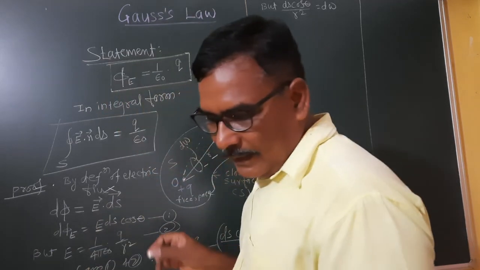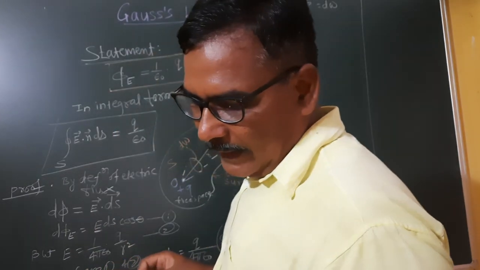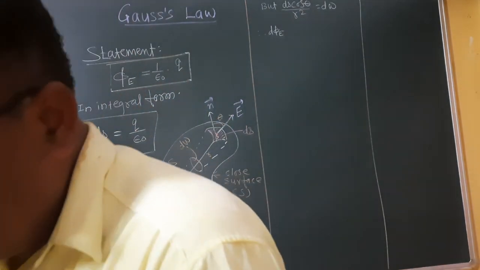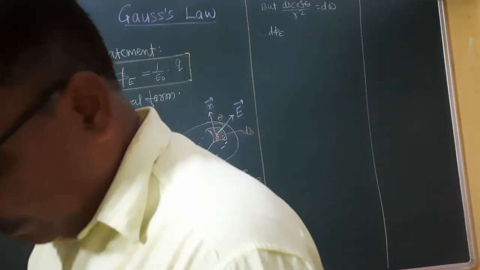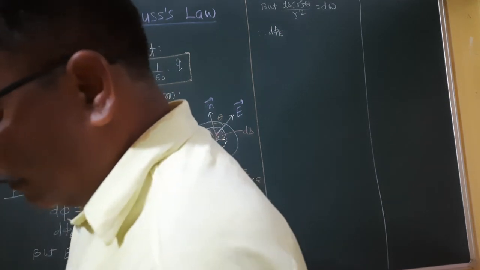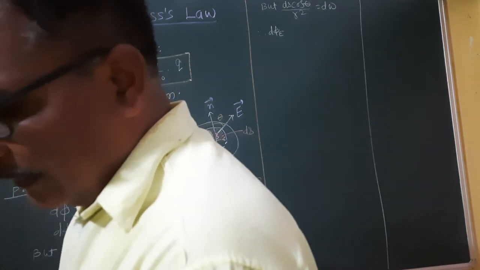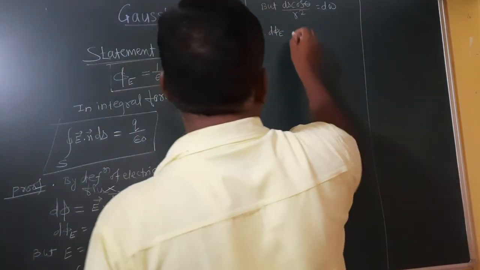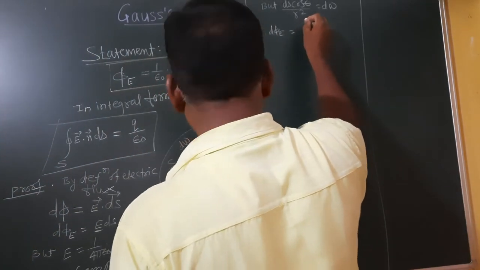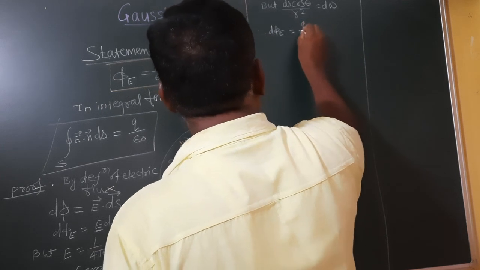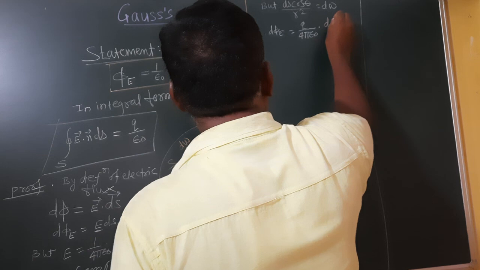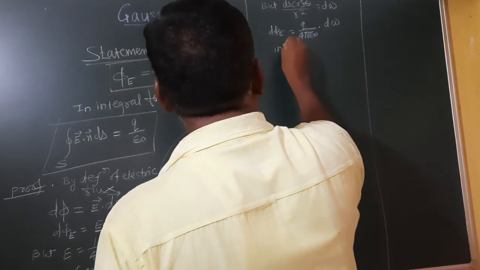We have to integrate this equation, and after that we have to get that angle that is subtended, solid angle subtended by the surface is considered as ds. And finally we have to write the equation for d phi E. d phi E is equal to Q upon 4 pi epsilon naught into d omega. Integrating,